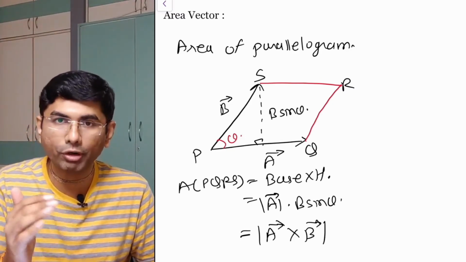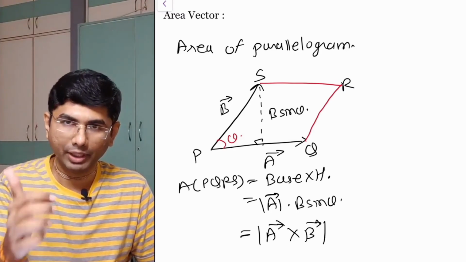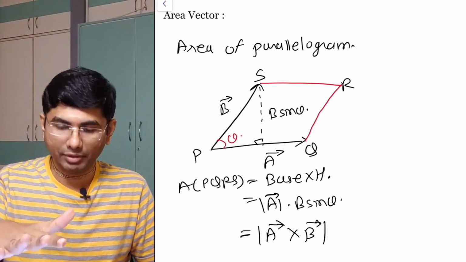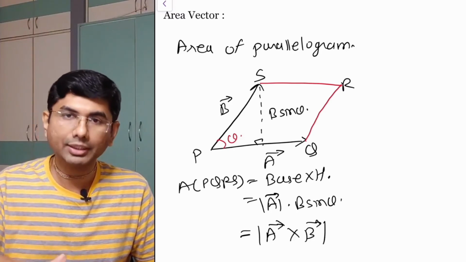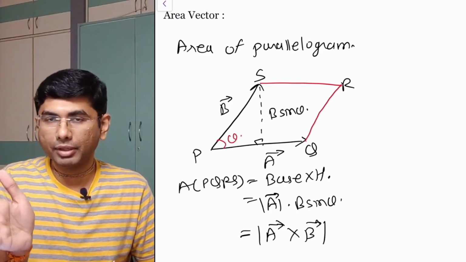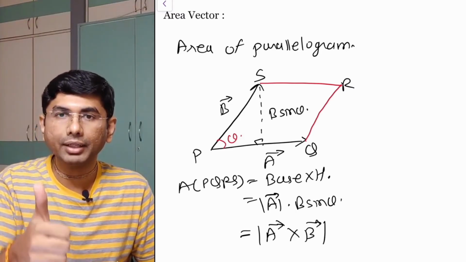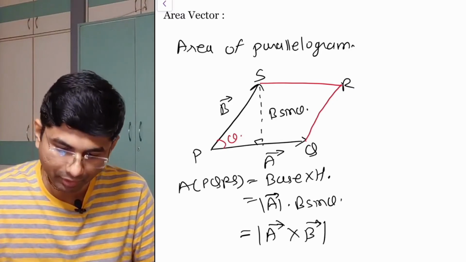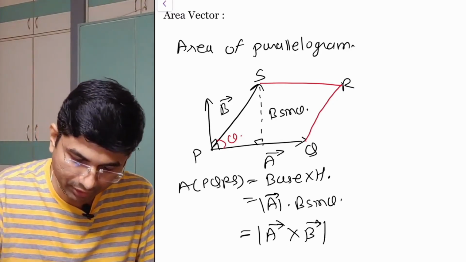Again we have to find out what is the area. A cross B, A cross B, it will be upward. If you are using a mobile, and the mobile surface is the surface of the parallelogram, and I am curling my hand from A to B, then the area vector will be upward. Now the area vector will be upward, perpendicular to both of them. This is my area vector.